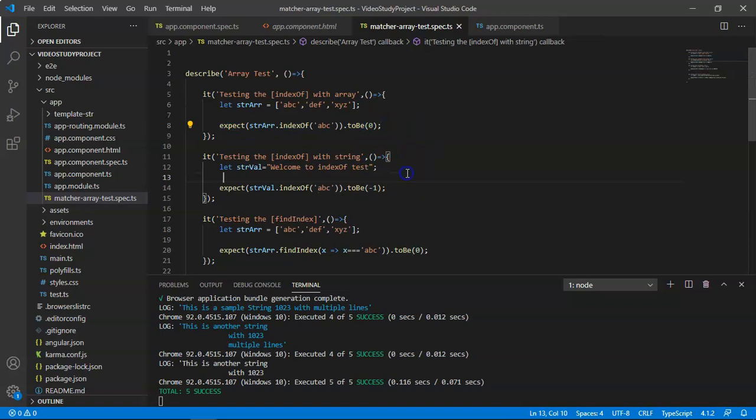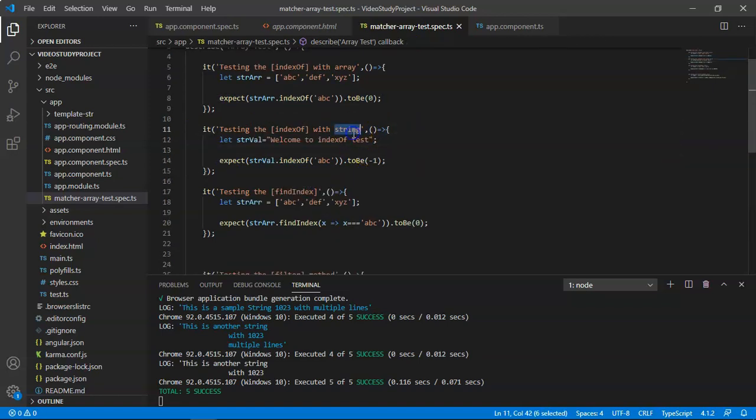Then in the second example I have used a string, 'welcome to indexOf test', and here I am going to expect that the index of the substring abc is -1. Why am I expecting this? This is because -1 is returned if strval does not contain this string. So expect strval.indexOf to be -1 will pass without any issue.